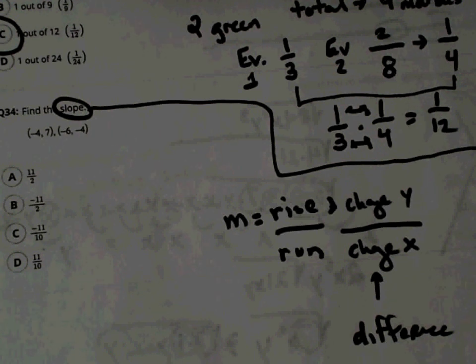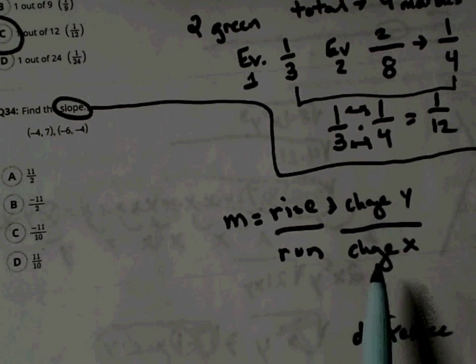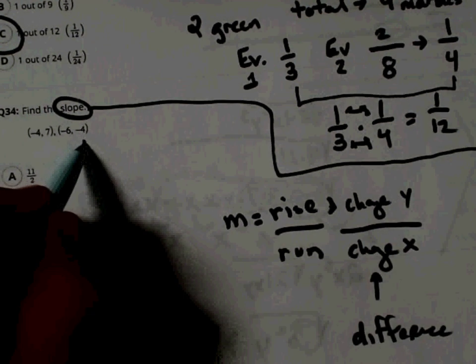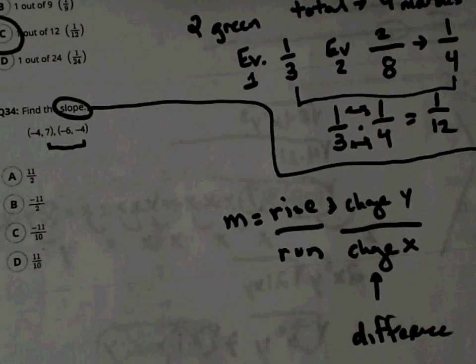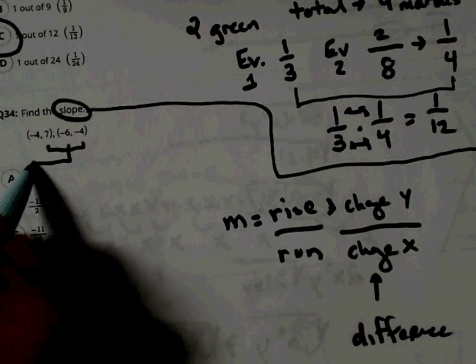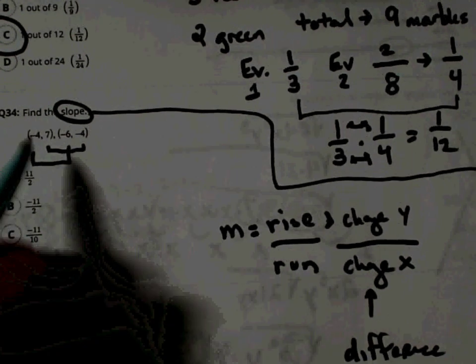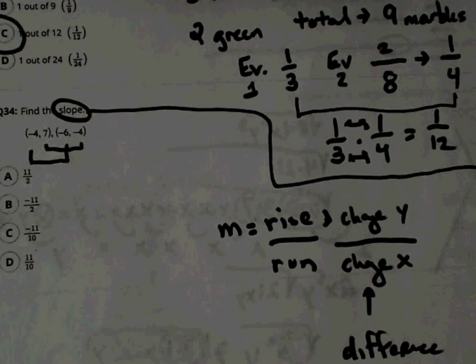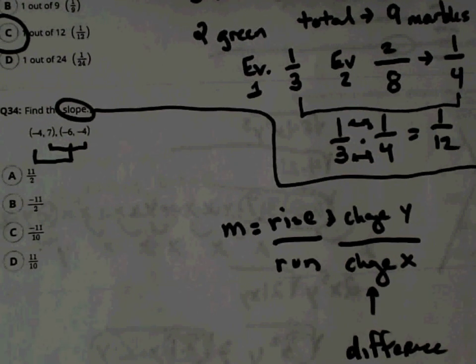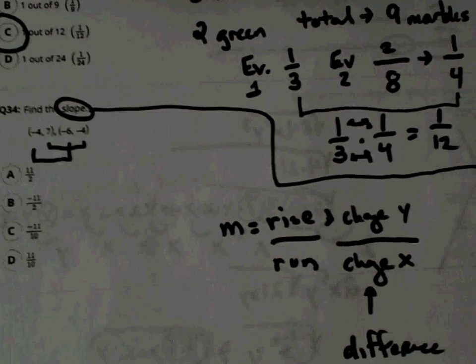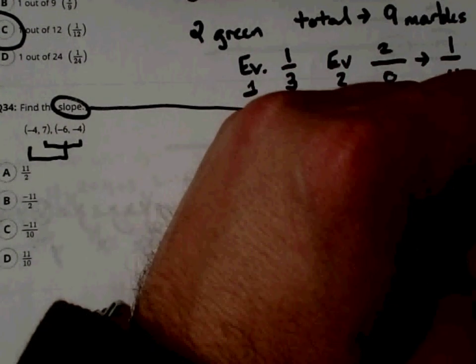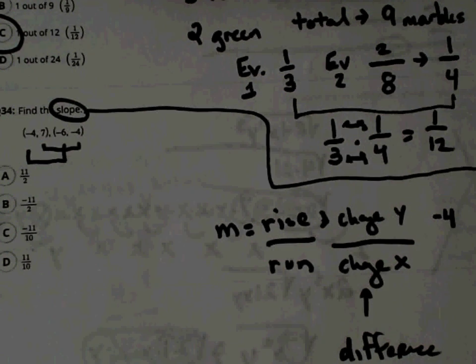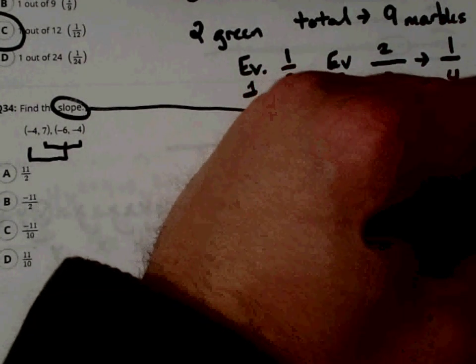Okay, so now I need to see the change in y over the change in x, and so here are my y values, -4 and 7, and here are my x values. So if I asked you how much did it change from 7 to -4, how much did it change by? The amount of change in y over the amount of change in x. If I am at -4 right now, and I came from 7,